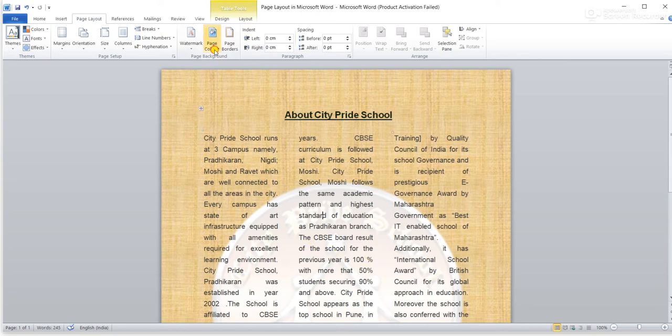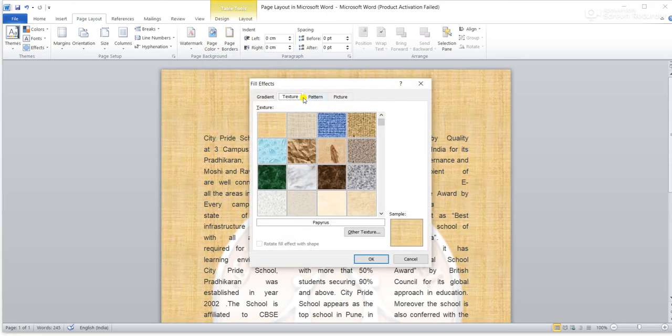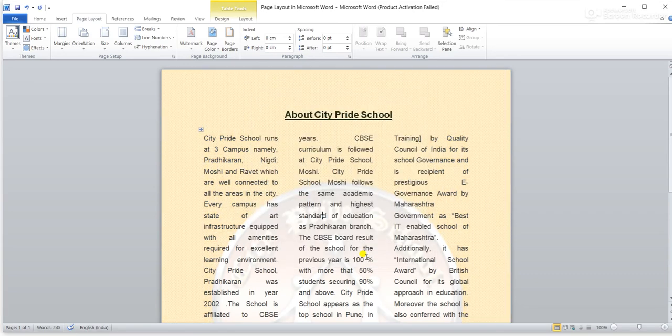Then again we have more options. Click on fill effects, and in fill effects we have pattern also. If you want to fill that color with a certain pattern, the colors are already selected, these two colors which we had selected. If you want a pattern, you can use this one or this one, any of the patterns you can select. I'll use this pattern and say okay.